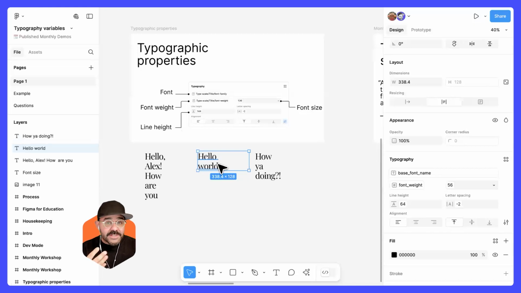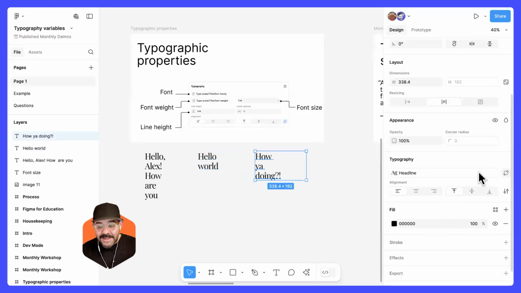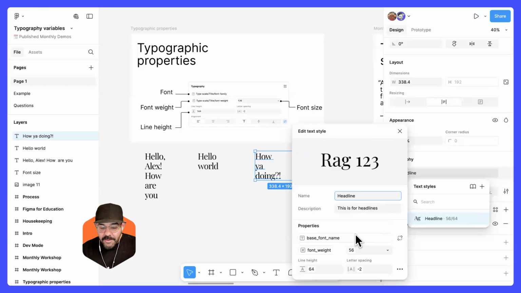I also noted someone made a question earlier that they might prefer to use a percentage line height value, right? So you'll notice that we're using a line height that is explicitly referencing the font size. If I wanted to, I can create a style, or I can edit the style definition, right? To break that limit. So let's say if I didn't want to express the line height as a variable, I can come in here